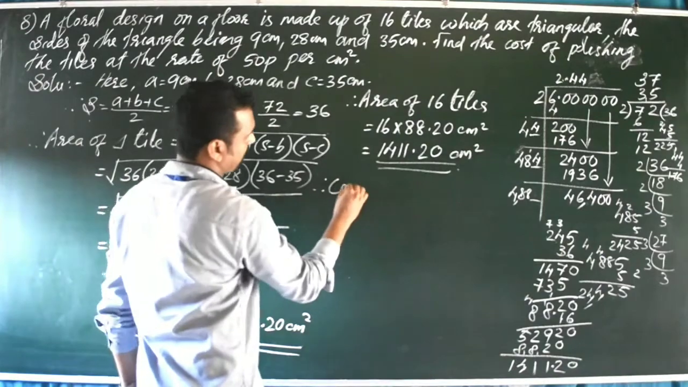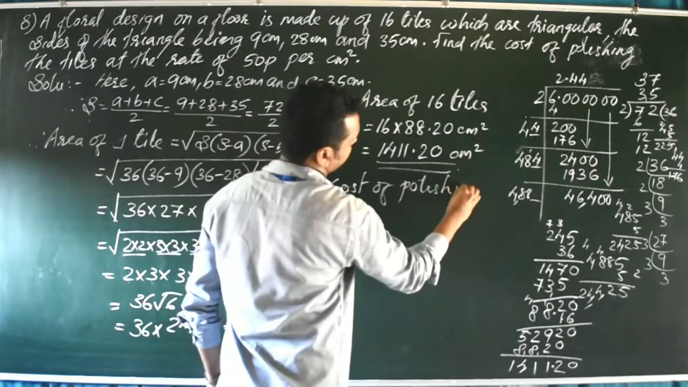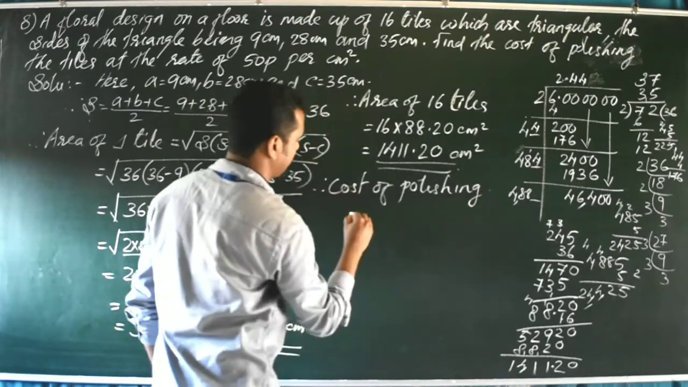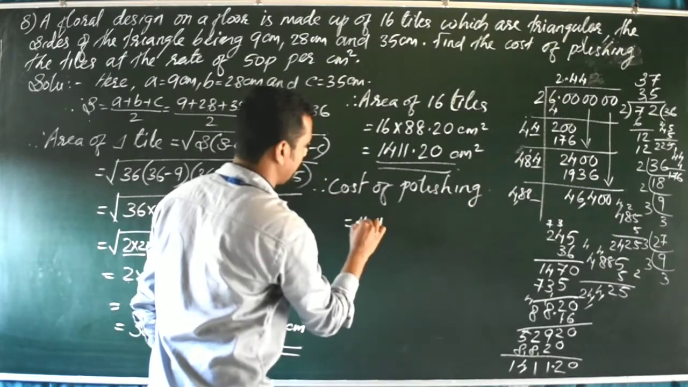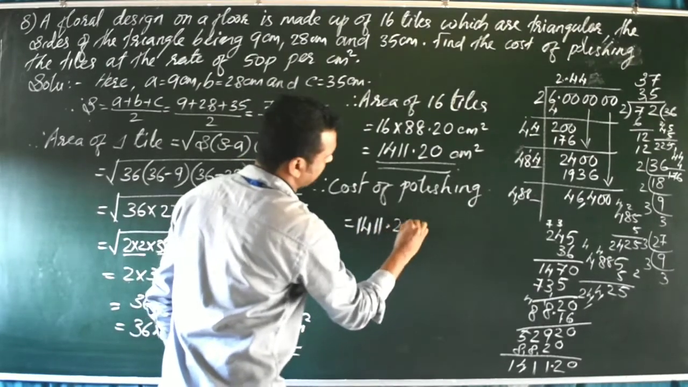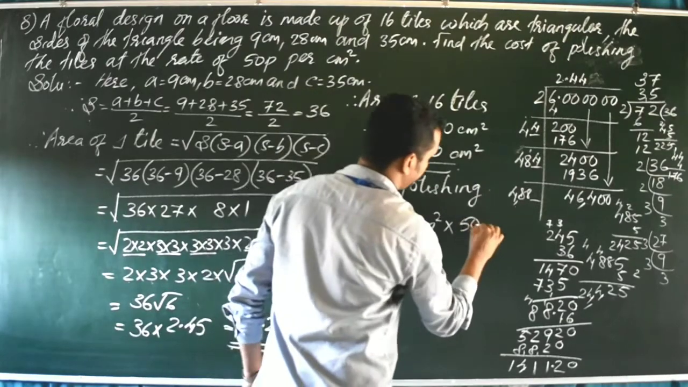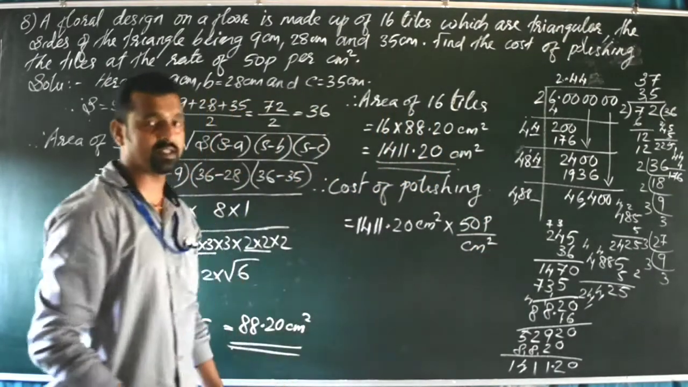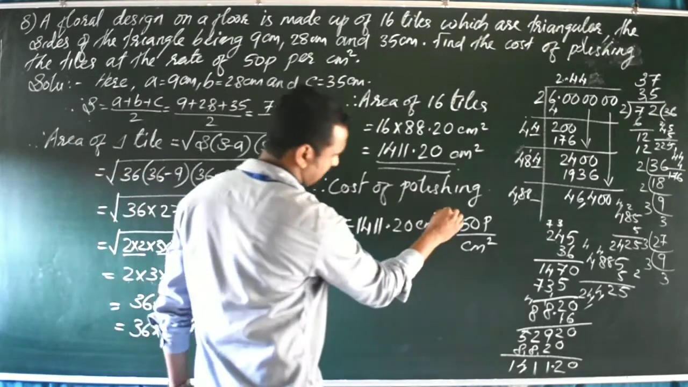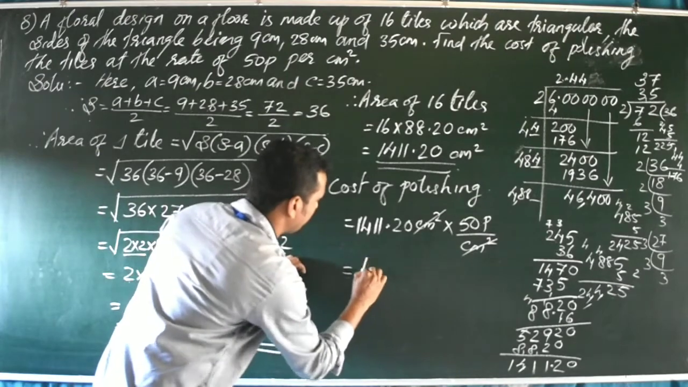Therefore, cost of polishing is equal to, what will we get as the answer? 1411.20 centimeter square into 50 paise per centimeter square. So here centimeter square we can cancel. That is equal to